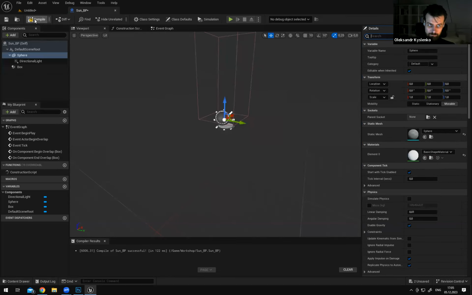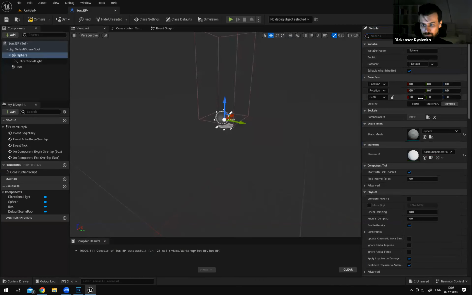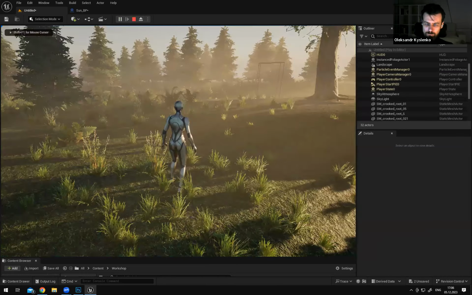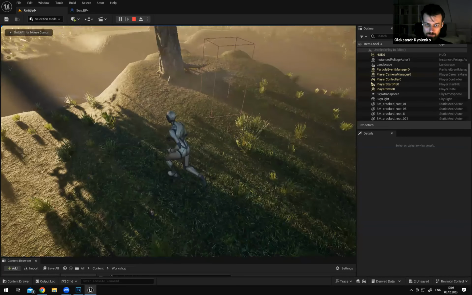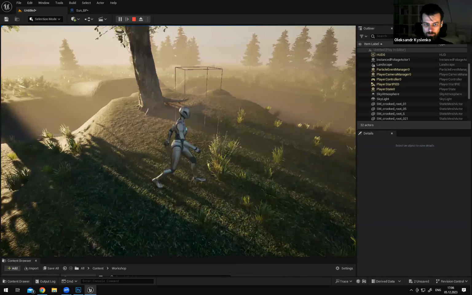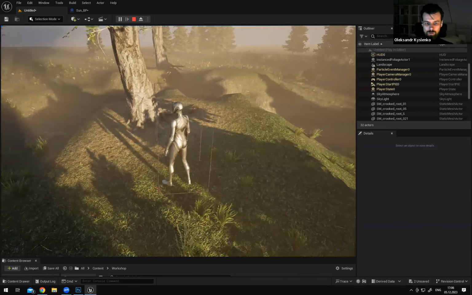So it won't affect our view. Actually, pull it smaller as well. Now, this is our blueprint. This is the collision box that we've made. And now when the player goes into the collision,